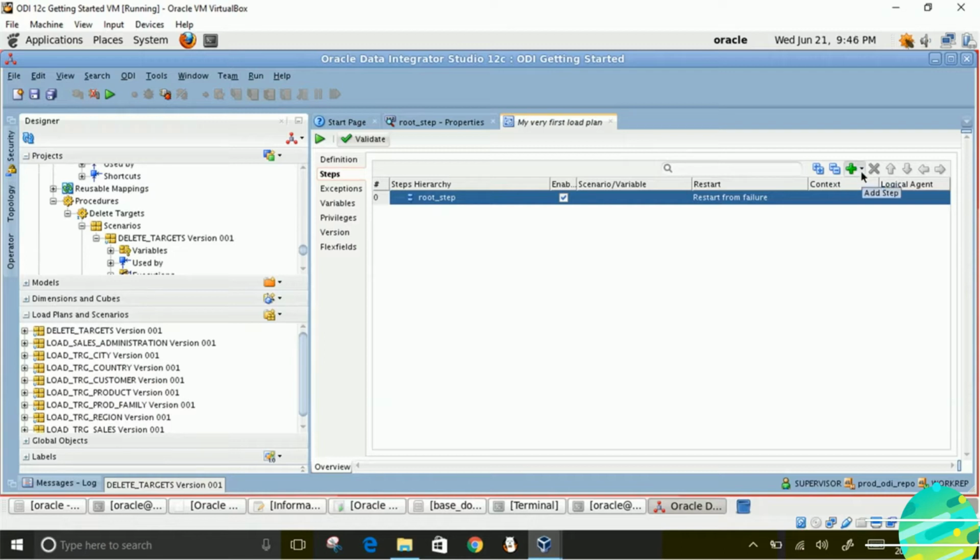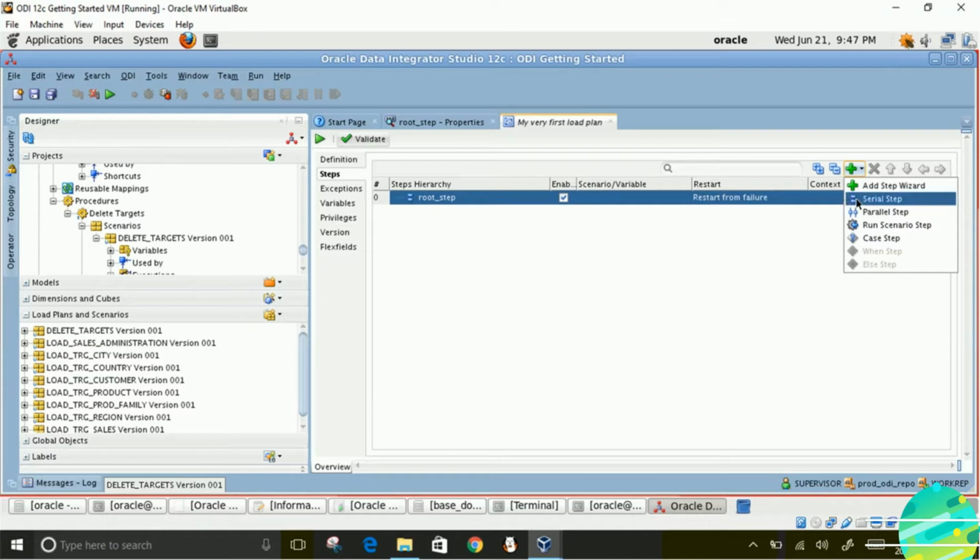Let us spend some time here. The serial step means anything under that step will run in sequence. In load plan, you put steps, and under those steps you put scenarios.